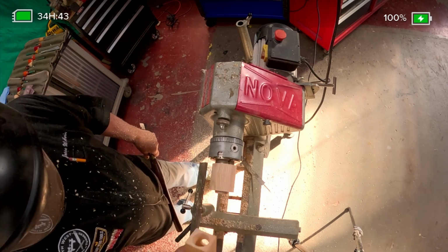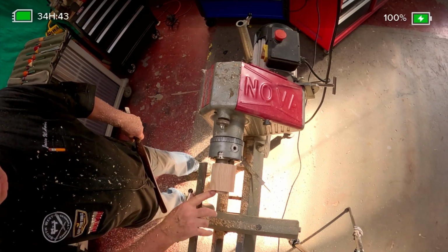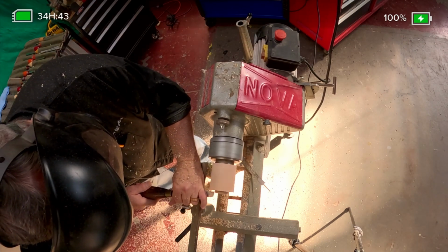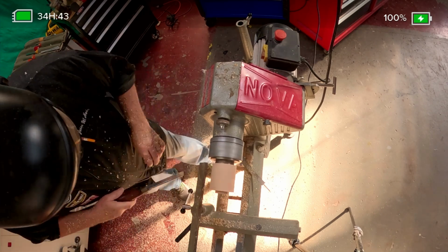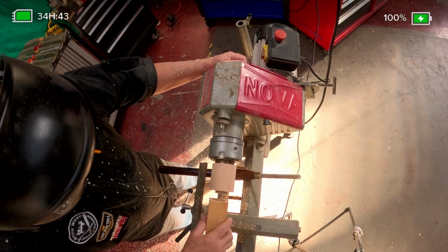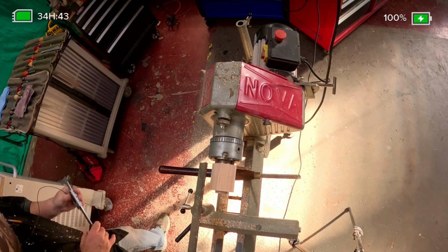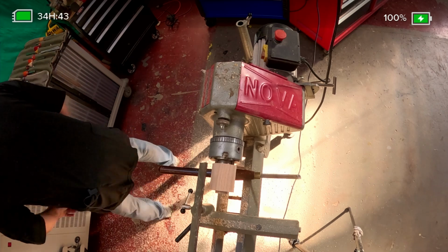That's fitting, but it's a little bit loose. That's why I just took off this little piece right here, because now I don't have to take down as much, and I don't have to ruin my tenon. Ah, I took off too much. So, do I ruin it? No. What I'll do is